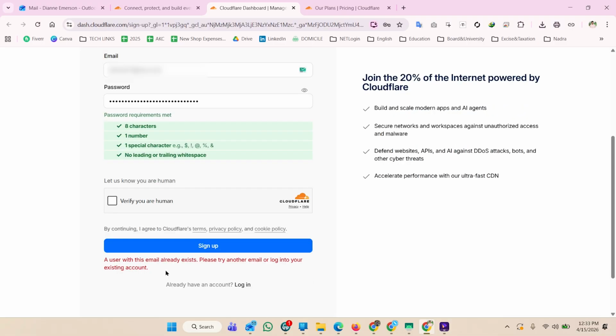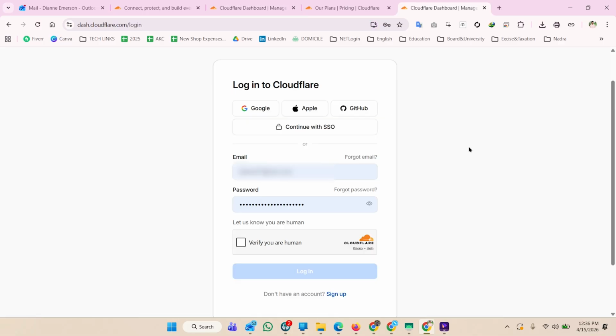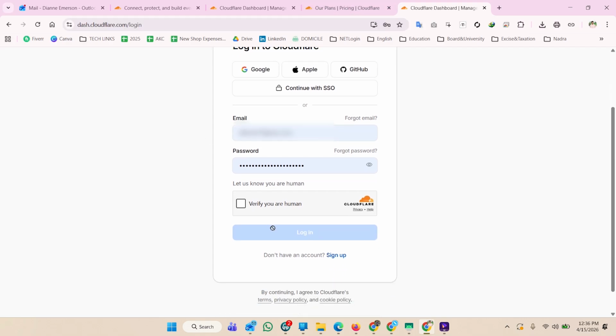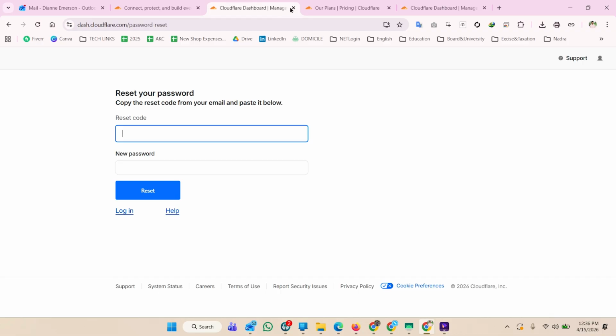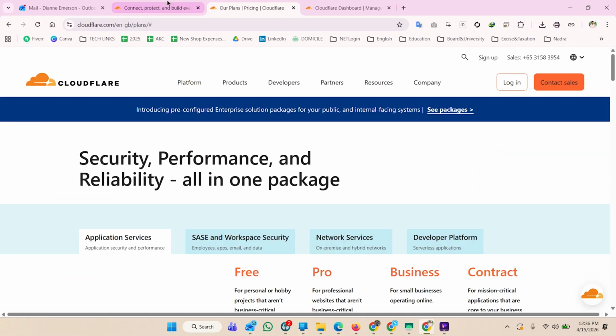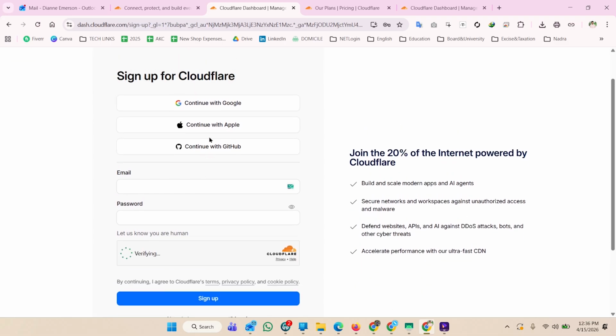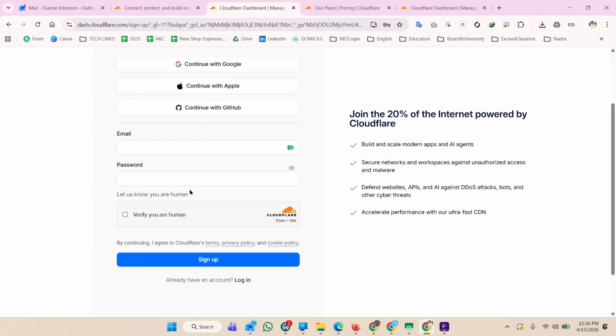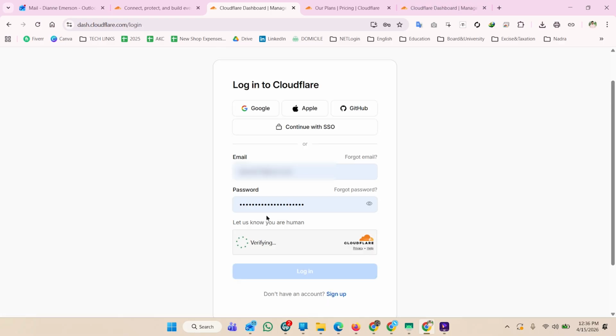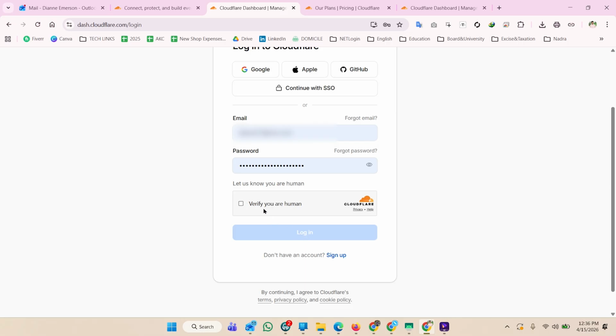As you can see, I got an error that a user already exists. So let me log in and then I will come back with the next steps. Okay, so here I am back after resetting my password, and you can see that I can log into my account. But if you don't have an account, then you can simply follow the steps. Click on Start for free, and then here you will see a sign up form. You simply have to fill the sign up form and then your account will be created. As I already have an account, let me log in, and then I click on the login button once the verification is complete.